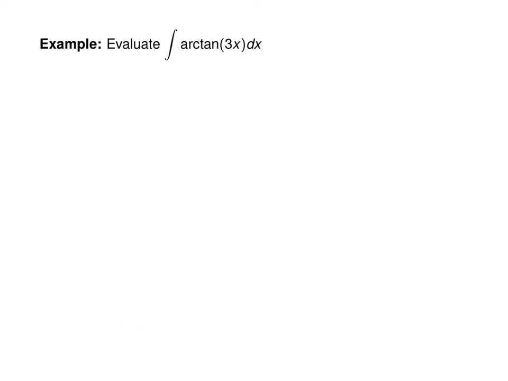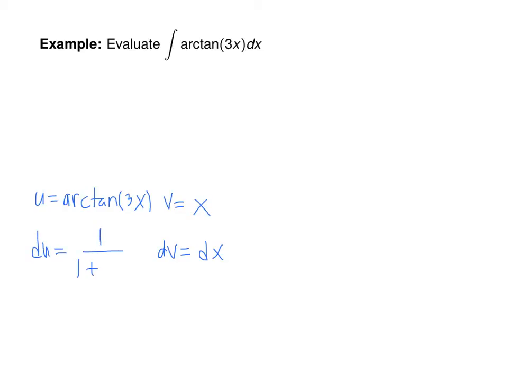Right, the integral of arctan 3x. So we're going to let u equal arctan 3x. And then what's left, dv, will just equal dx, in which case v is equal to the antiderivative of 1, which is just x. And du is 1 over 1 plus (3x) squared, so 9x squared, times 3 dx. So arctan 3x integrated is equal to x arctan 3x